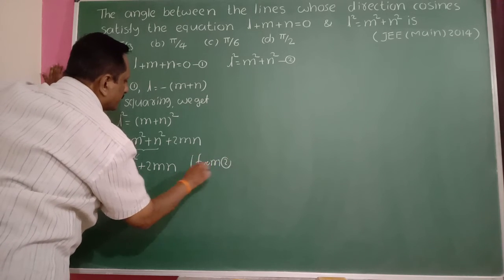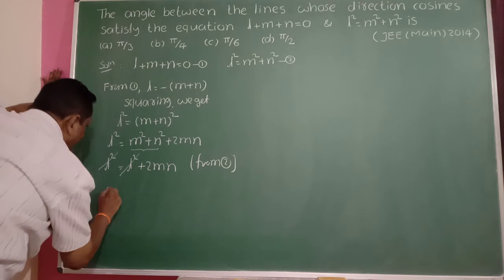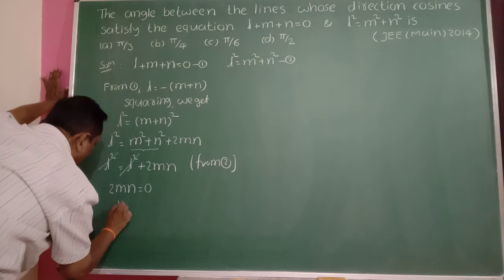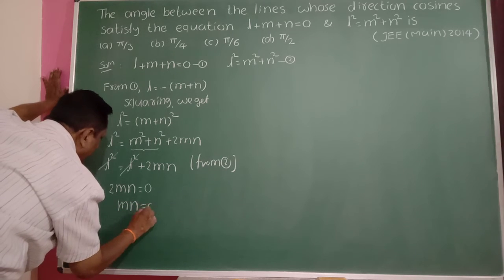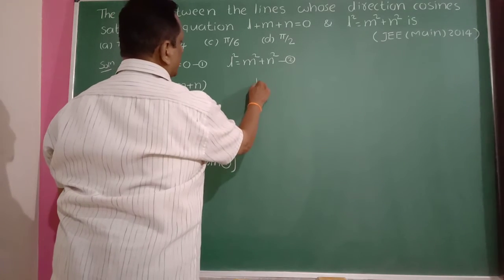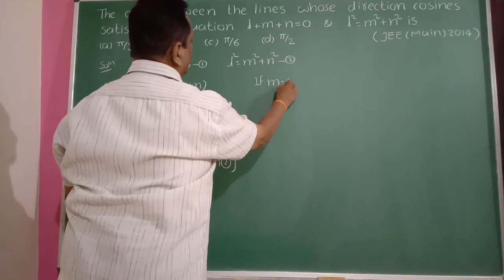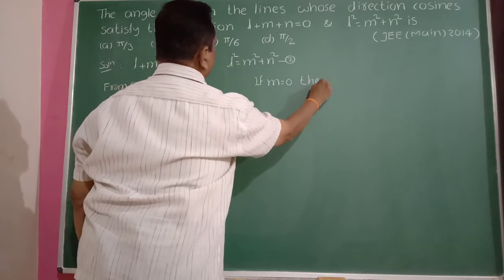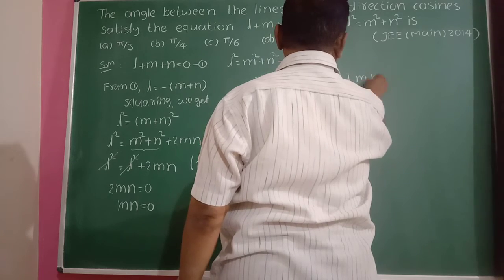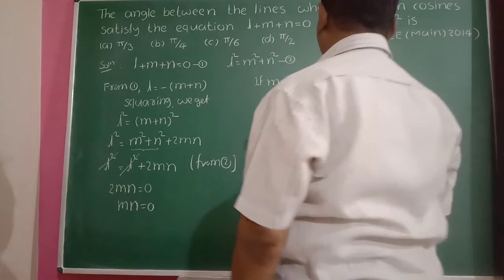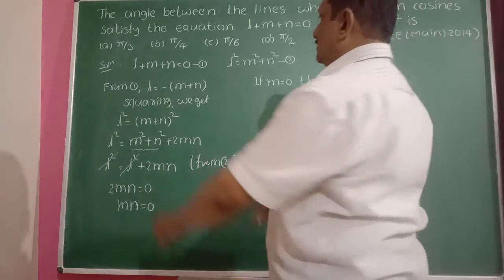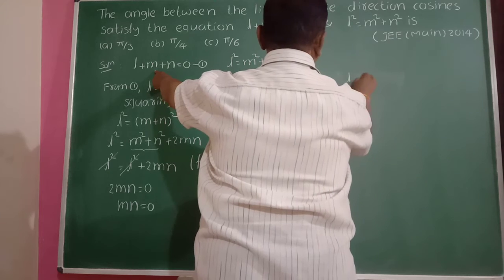From 2 here, therefore 2MN equal to 0. 2M into N is equal to 0, or M into N is equal to 0. Suppose M is equal to 0. If M is equal to 0, then L, M and N must be, okay, then just observe here. If M is 0 here, L plus N